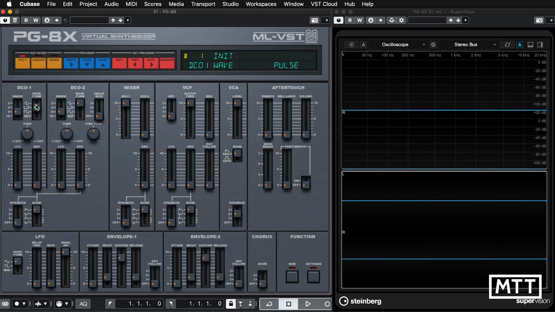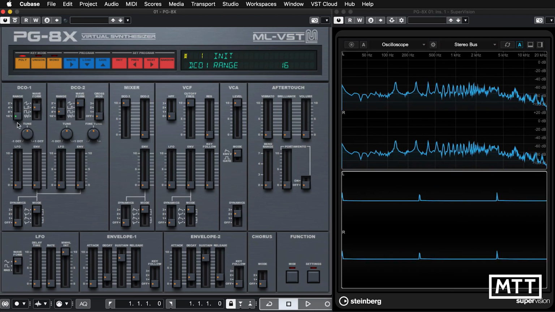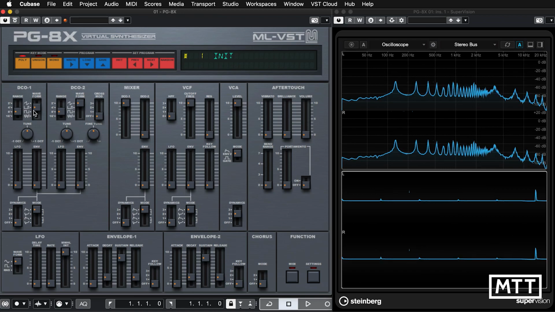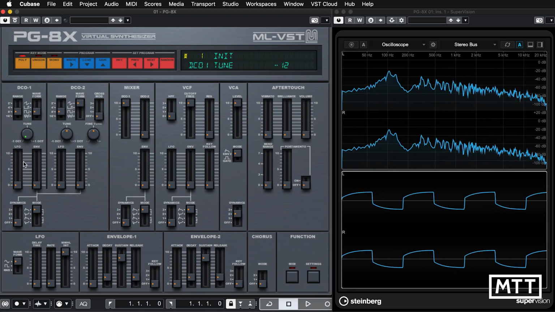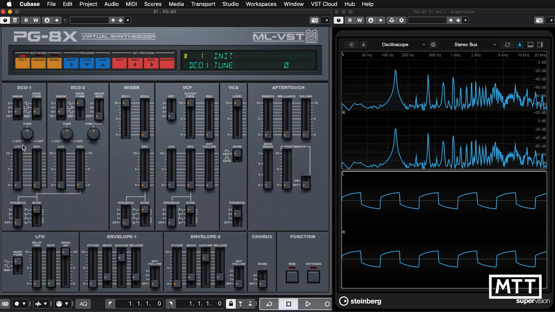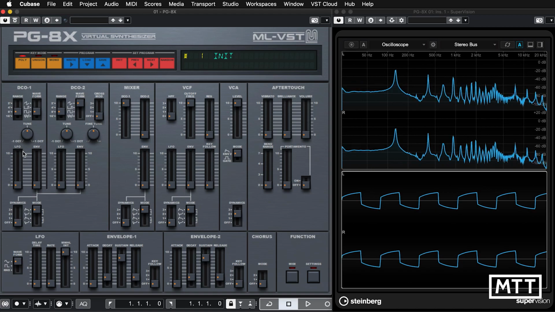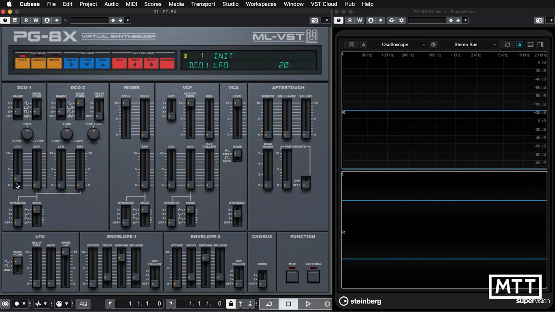Okay, the range controls, as is tradition at this era, is done in terms of feet because those relate to the pipes on an organ. So we've got, etc. So that's how your tuning is done. And that, in case you didn't know, that's why they are measured in feet. We've got some tuning in semitones as well. And we've got the LFO control and the envelope control, both of which are going to